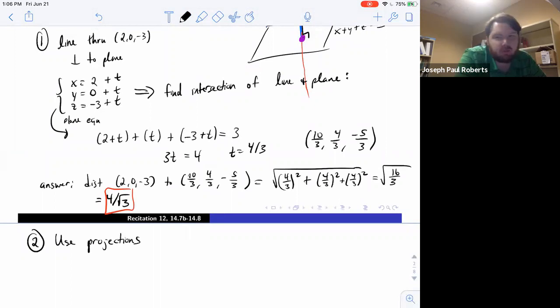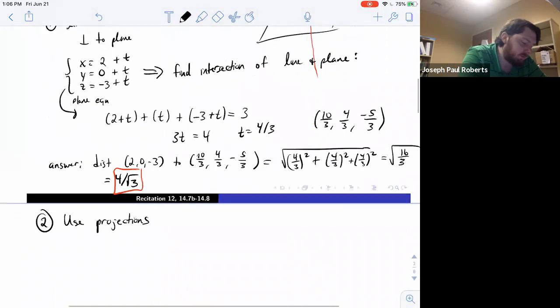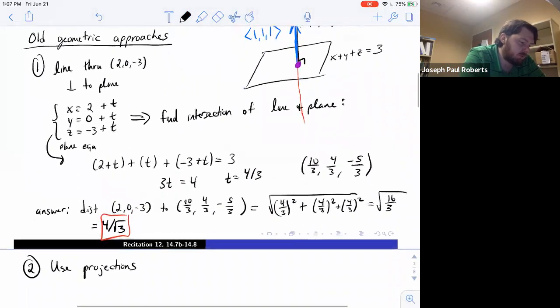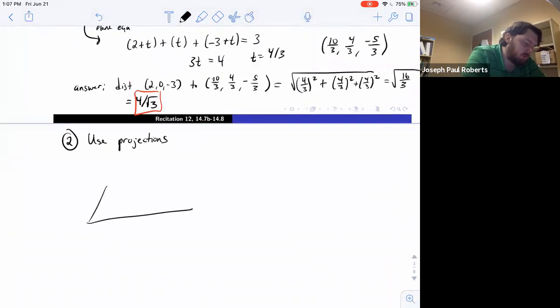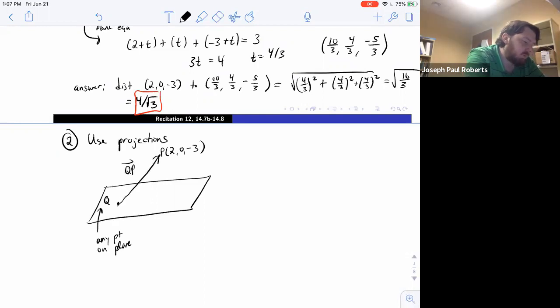And so there's that formula, distance point to plane, that you might have memorized. You could do that if you want. That's derived from this following idea. So I'll show you the idea of the vector projection just to refresh your memory. So we have 2, 0, minus 3. The idea is that, let's call this point P. If I pick any point Q on the plane, and I get the displacement vector QP, if I project that